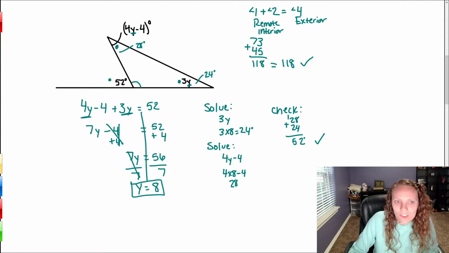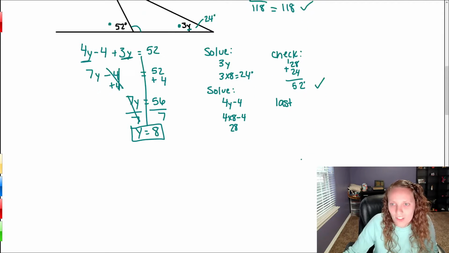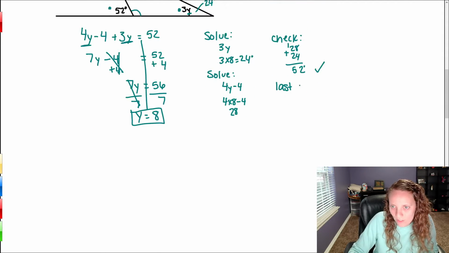Now we could also solve for this other missing angle that we haven't even talked about. It's the third interior angle. There's a couple of different ways of doing it. We could add 28 plus 24, and then that answer added with those two would give us 180. Or we could just use the 52 because we already know that 28 plus 24 is 52, and we could take that 52 away from 180. So this is for the last angle. So 180 minus the 52